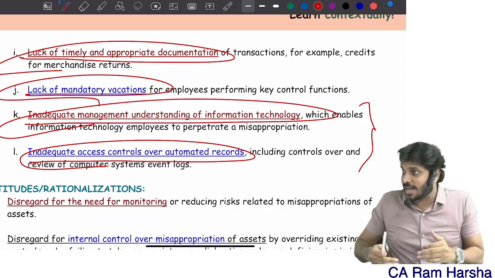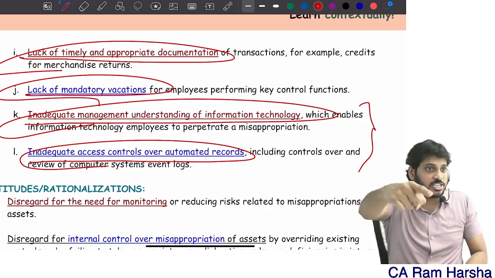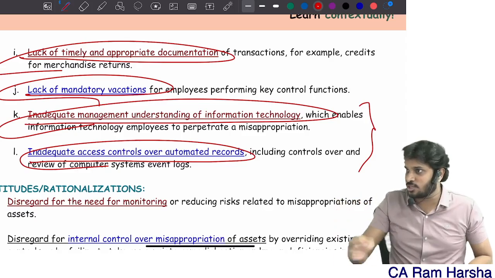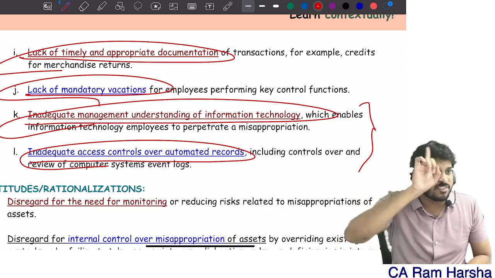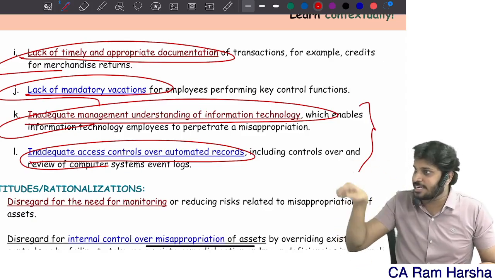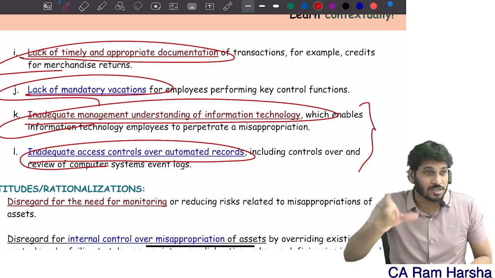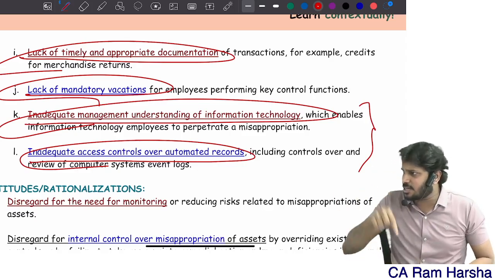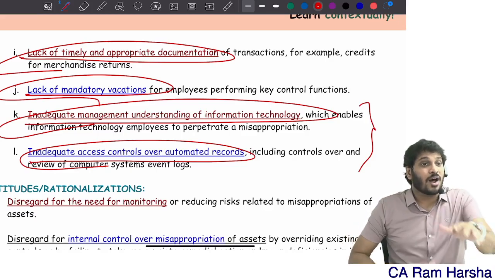Now, once your goods are accepted, the store manager should give a GRN to the other party, right? Yes, I received goods acknowledgement. He can give acknowledgement only for 100, not for 120. If this kind of control is there in the automated system, we call them what? Automated controls. If these controls are implemented, what happens?